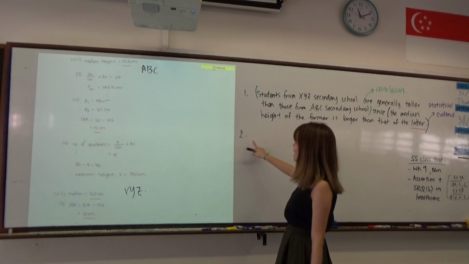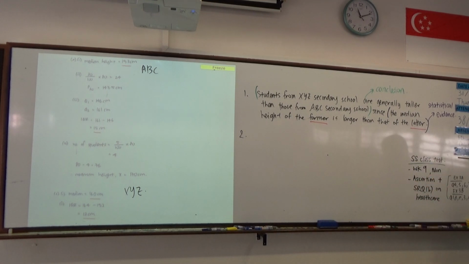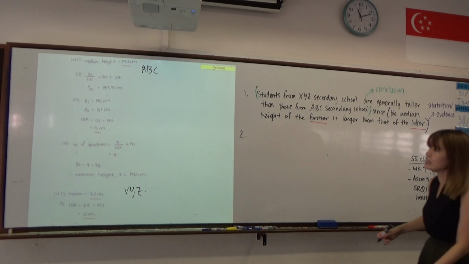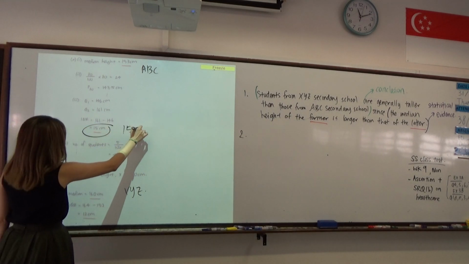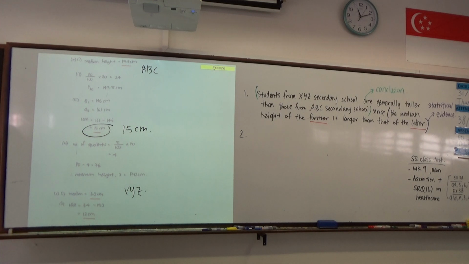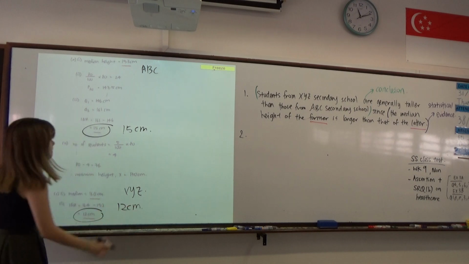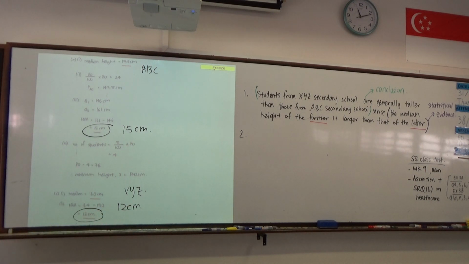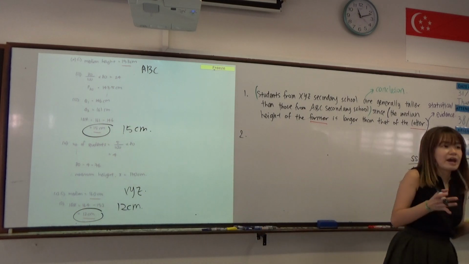Okay. So next, point number 2. So this is our first thing that we're comparing. Second thing that we're comparing will be the interquartile range. So the interquartile range for ABC is actually 15 cm, and then for XYZ it is 12 cm. In this case, from a smaller interquartile range, you will be able to conclude that the middle 50% of the students would have